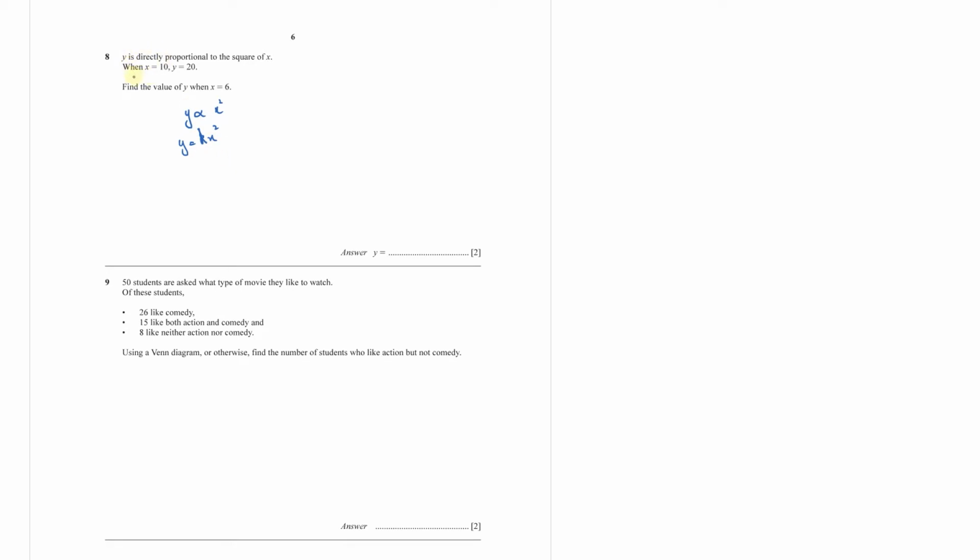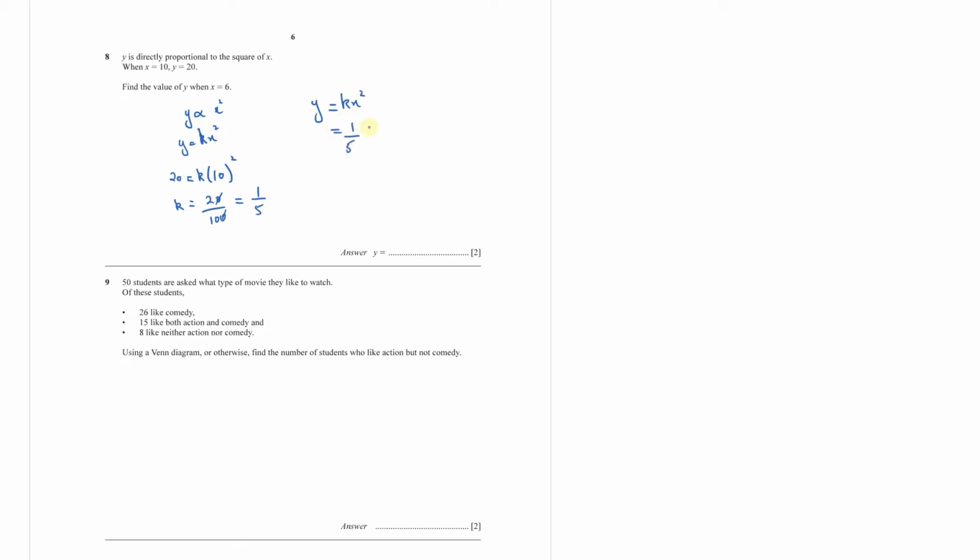When x equals 10, y equals 20. Find the value of y when x equals 6. So first we need to find the value of k. We're given that when y equals 20, the x value is 10. So you get k times 10 squared, which means k equals 20 over 100, which is basically 1 over 5. Now to compute y, when x is 6, we get y equals kx squared, then replace the values,